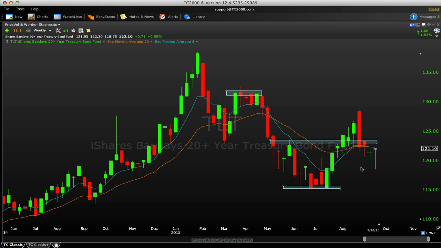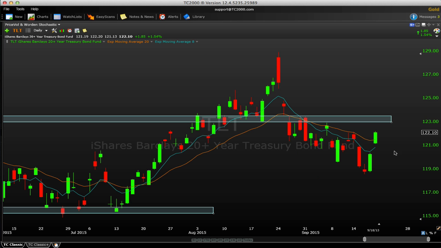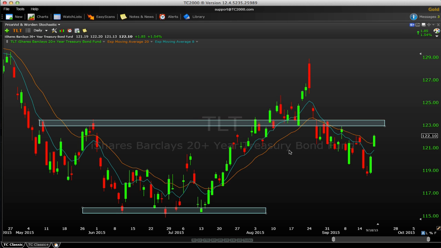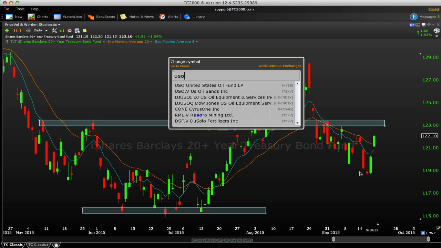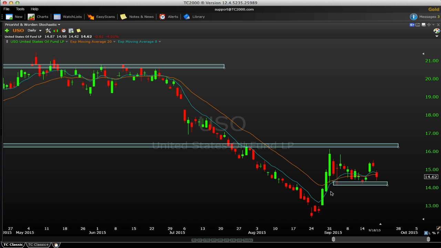So you can see that there's some interested buyers as price starts to get below 120 or near 120. You're seeing some dip buyers come in here. That's very constructive, especially after this big bearish engulfing week that it put in about a month ago. So this does look constructive here. It needs to clear a little bit more, get above this 123 zone, and all of a sudden I think this looks a lot more bullish, that the bulls did prove themselves buying this dip. So we're not quite there yet, but I think there is some constructive bullish action in TLT.